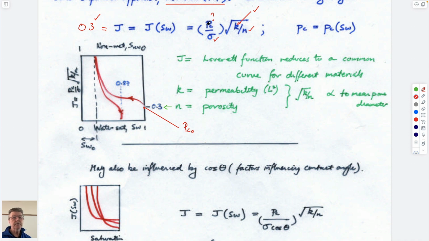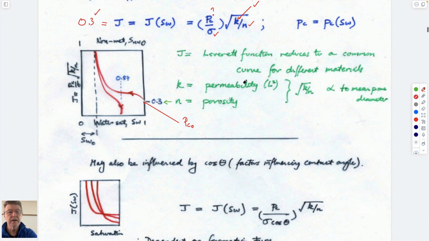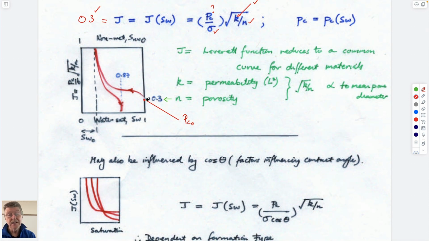Capillary pressure is in newtons per meter squared. Interfacial tension is newtons per meter, because it's a force along a circumference of the rim around the capillary. Permeability is in meters squared. Porosity is dimensionless. So square root of meters squared would be meters. So newtons per meter squared times meters over newtons per meter turns out to be no dimensions. No dimensions at all. So this is a useful expression, and most importantly, this ordinate here is useful, because if